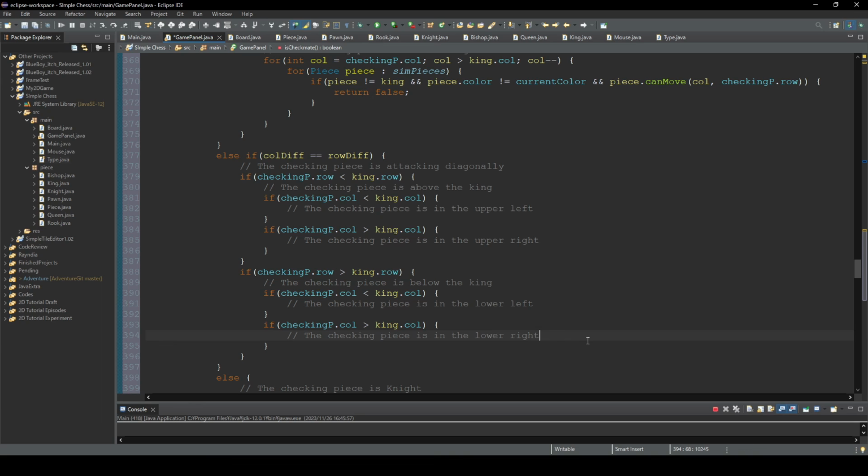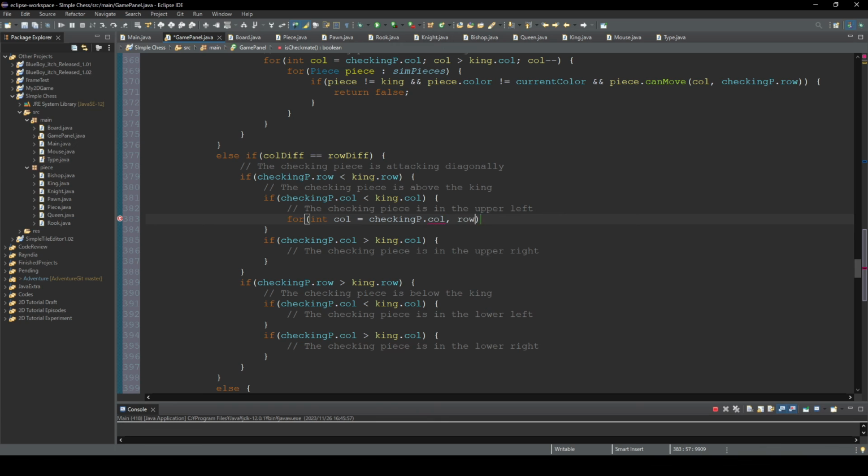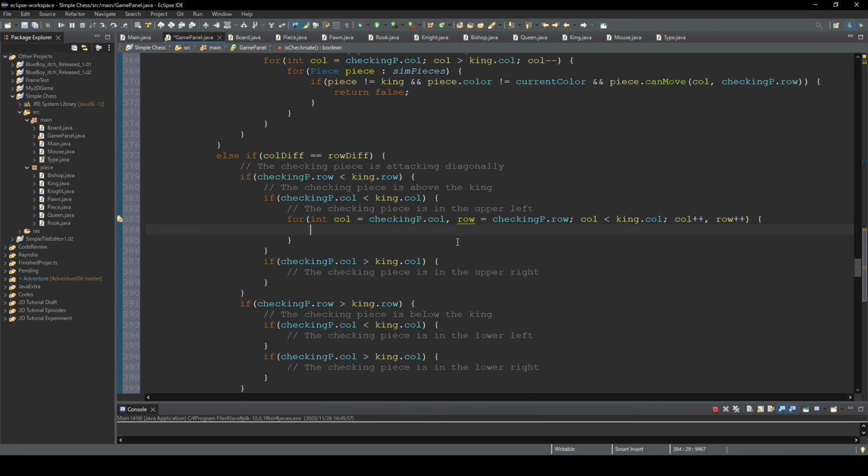Like this. So there are four possibilities: upper left, upper right, lower left, or lower right. And for the upper left case, this time we check both call and low. So increase call and low because it's diagonal. And then